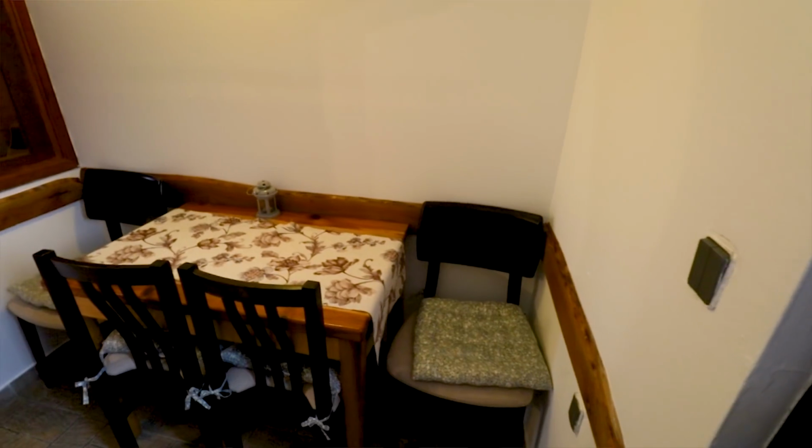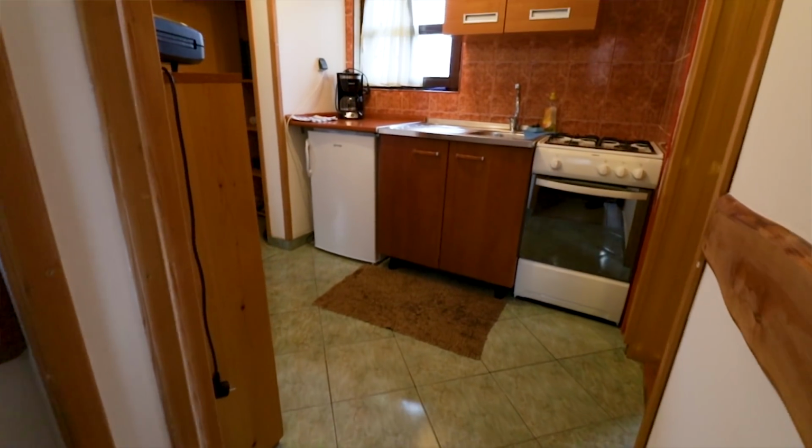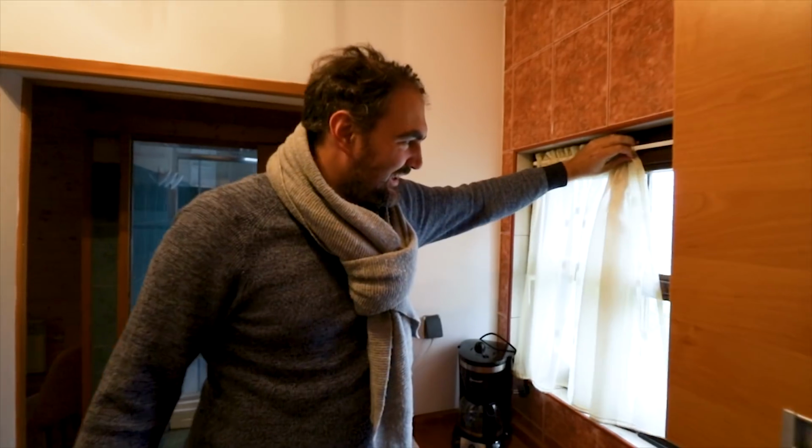Time for a full tour of this beautiful cabin. Here we have the entrance hallway slash seating area. We've got a table, some chairs here. The kitchen. It is pretty small, as you would expect in one of these cabins. And it's fully equipped actually. Got some cabinets with all the required stuff here, and of course...